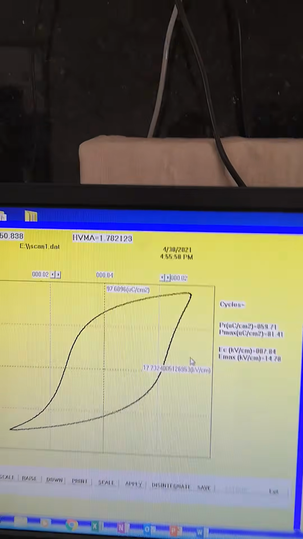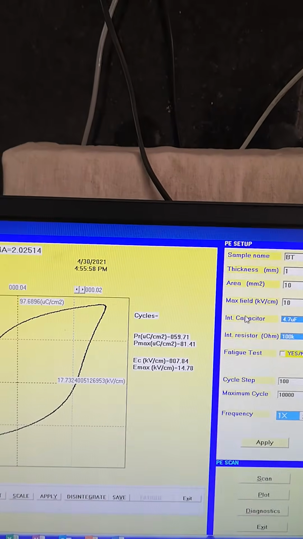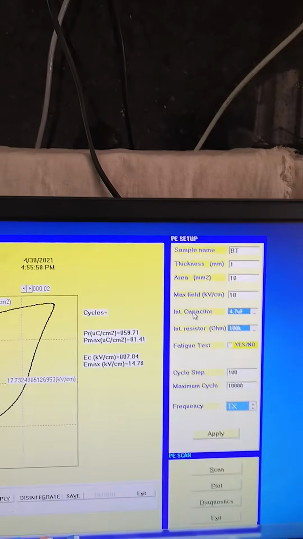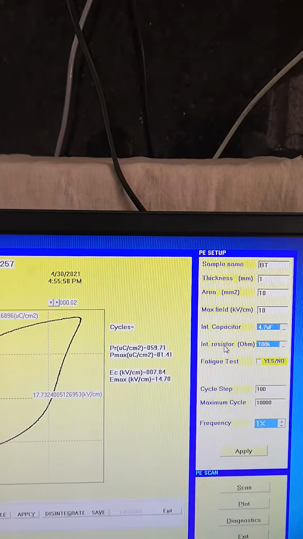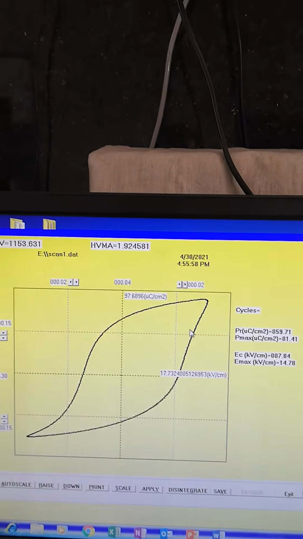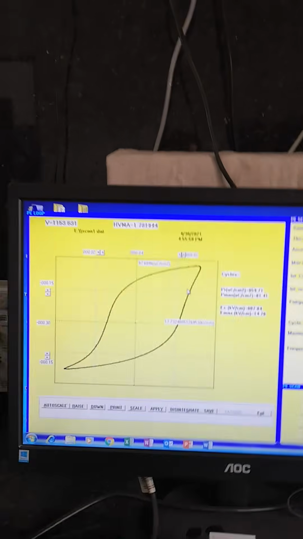To further improve the shape of the P loop, we can try a number of combinations of the capacitance and resistance values to get a little bit more improvement in the P loop. But this is the P loop.